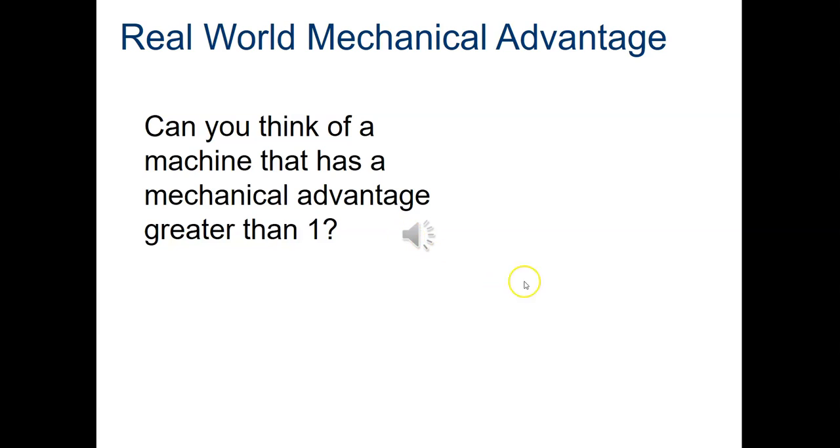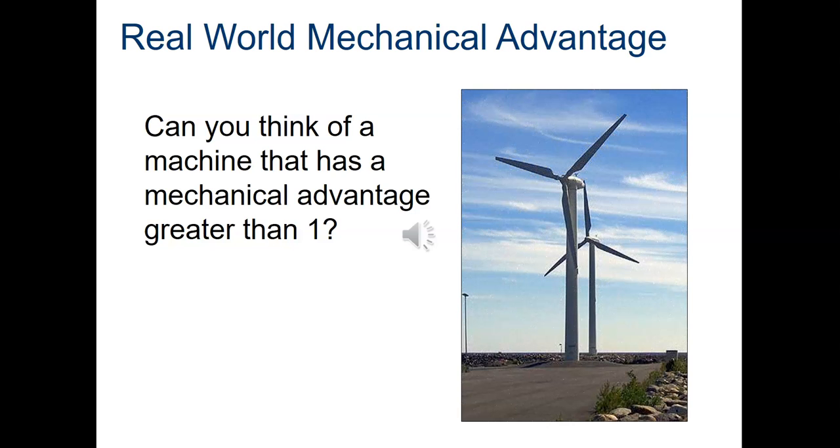Have you been able to think of a machine that has a mechanical advantage greater than 1? Windmills do this. With just a little breeze, we have proportionally less effort force required to overcome the resistance. Have you been able to think